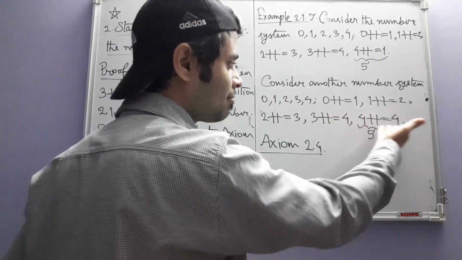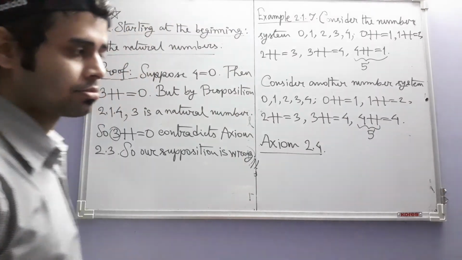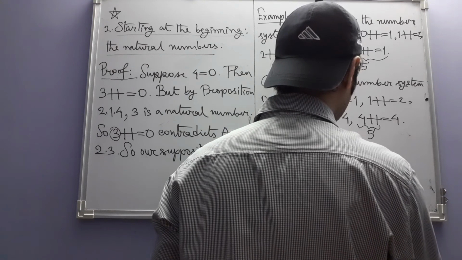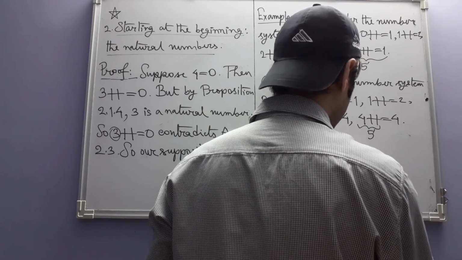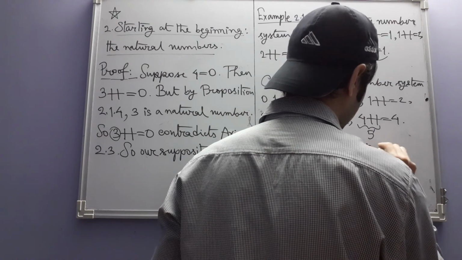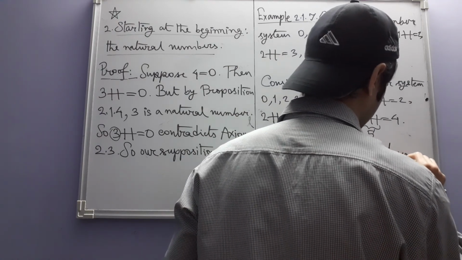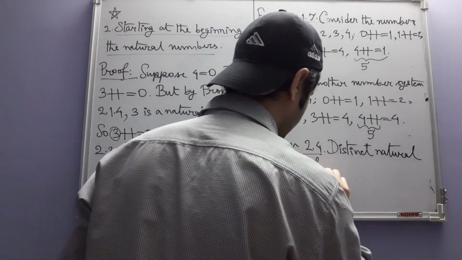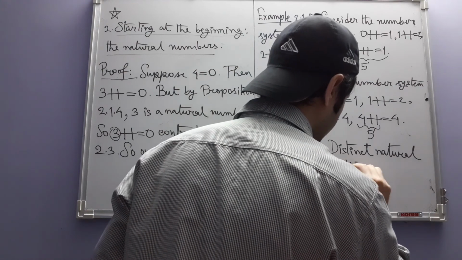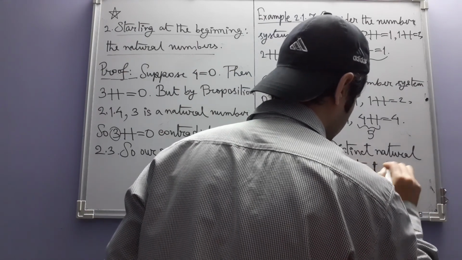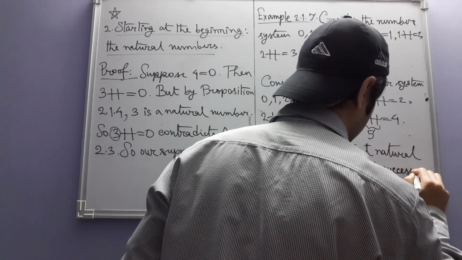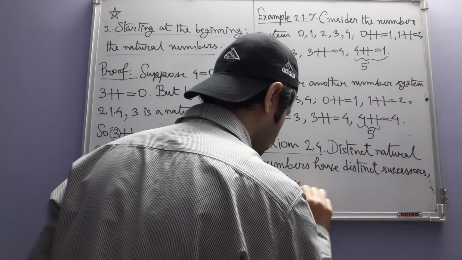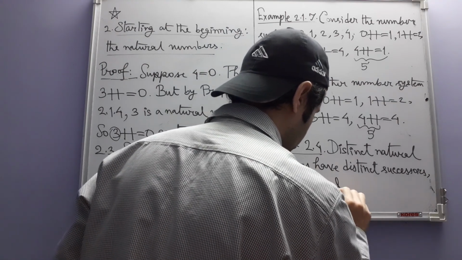We can have some other sort of problems also. So what to do? Distinct natural numbers have distinct successors. That is, for natural